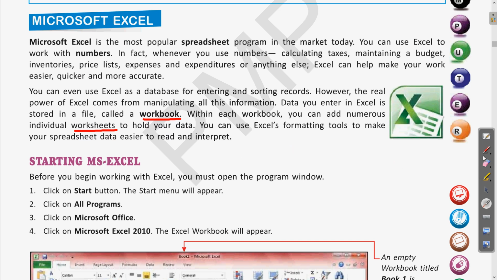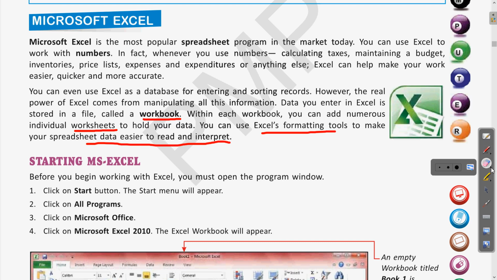So in Excel or any of these software, there are various tools using which we can format our data, and by formatting the data, it can be easily represented, and you can also convert the data into various charts. Clear? Different tables, sorry, pie chart, bar graph. Clear? So there are various representations of the same data, and all of that can be done using the MS Excel software. Now we will see how to start MS Excel.